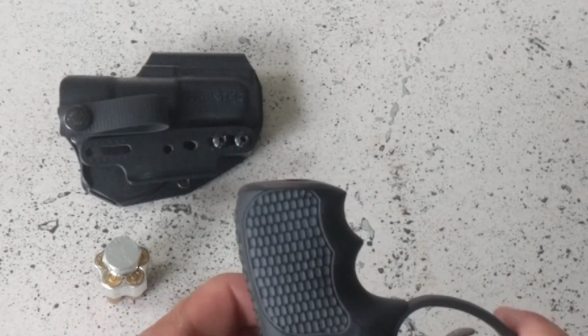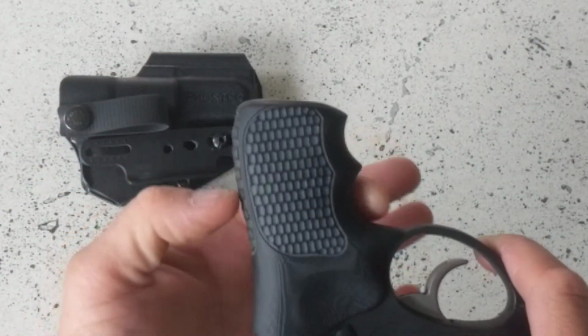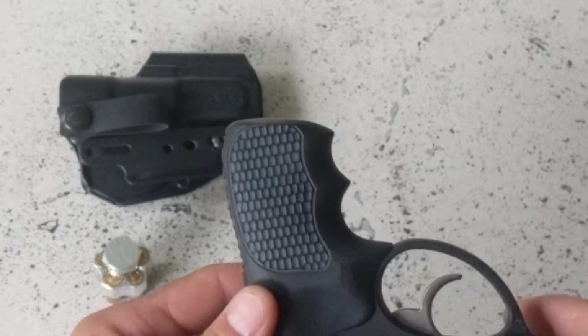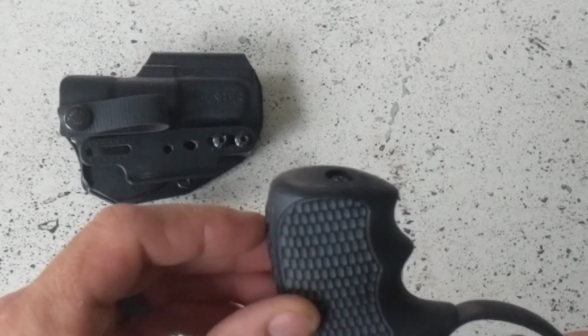I emailed Hogue and asked them if they had any plans to make a G10 grip that was the same profile and shape as the small Hogue Tamer grip, and they said, yeah, that's a great idea, but we're not doing that. So I took a chance and got this